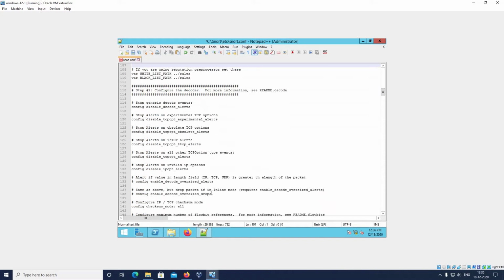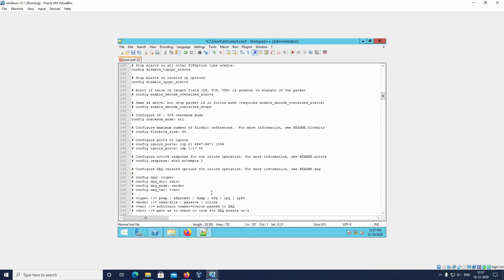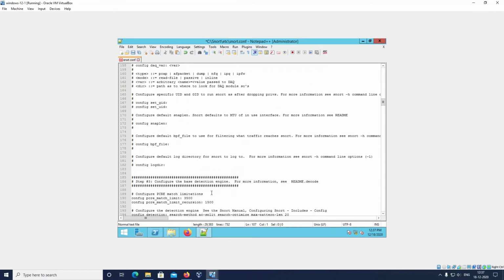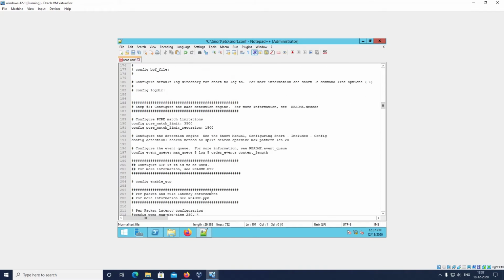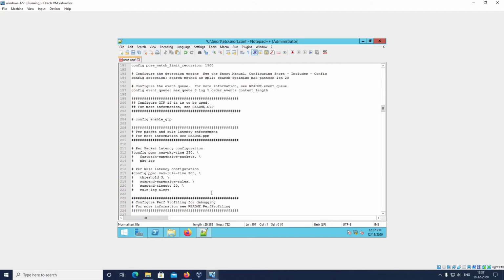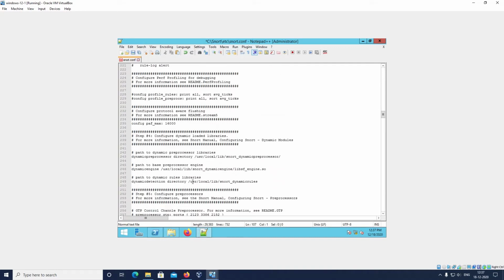So now we will go to the dynamic preprocessor rules, which are listed below. We will check it and make the changes there. So you can see here the dynamic preprocessor directories. We have to change this particular path and give the correct path.